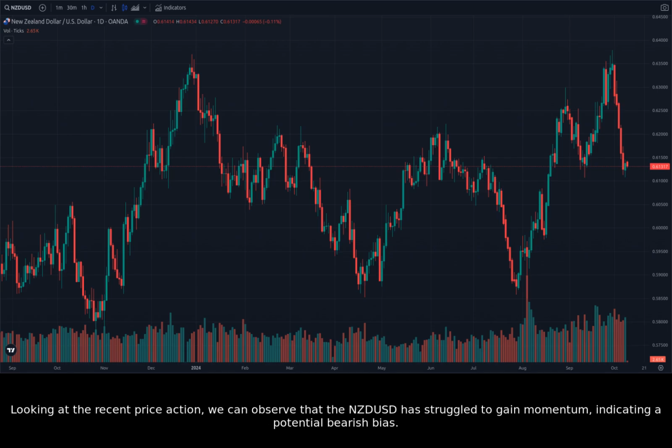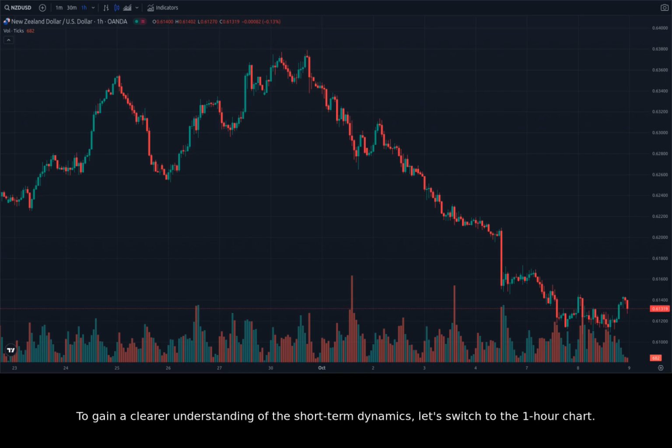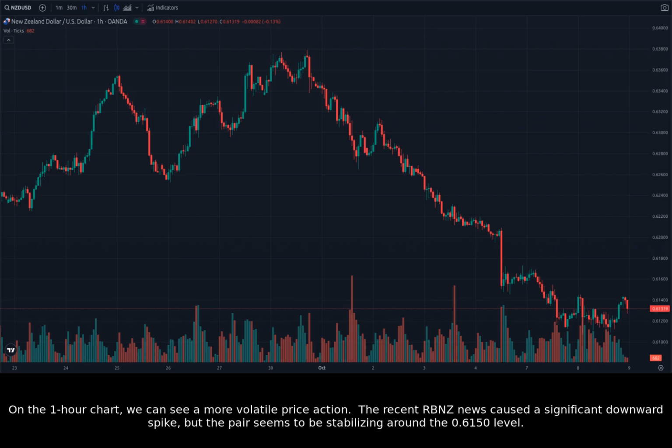Looking at the recent price action, we can observe that the NZDUSD has struggled to gain momentum, indicating a potential bearish bias. To gain a clearer understanding of the short-term dynamics, let's switch to the 1-hour chart. On the 1-hour chart, we can see a more volatile price action. The recent RBNZ news caused a significant downward spike, but the pair seems to be stabilizing around the